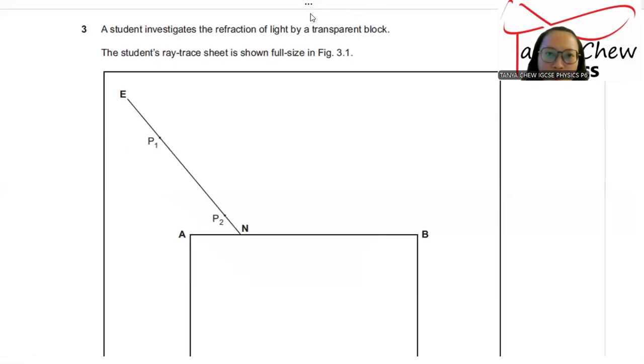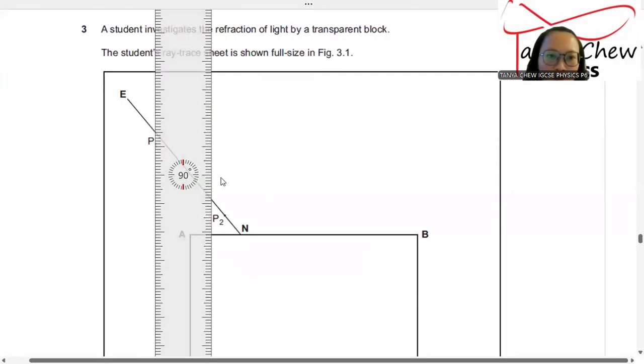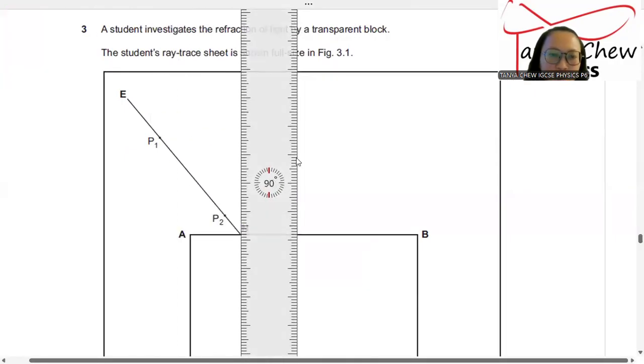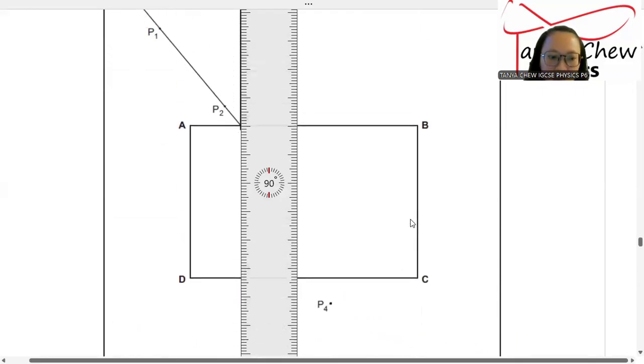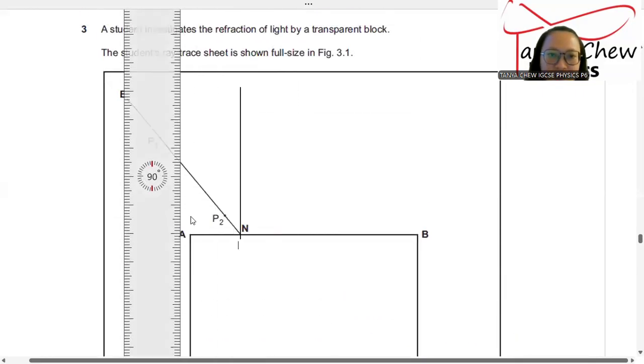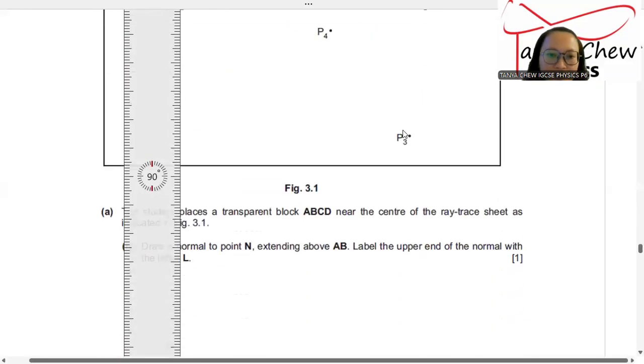So draw normal, take out my ruler. So I'm supposed to draw. So I want to draw normal, 90 degrees from N, yeah? So I just draw here. And they asked me to label L. So I have to label this as L right here. And we are done with that. And after that,